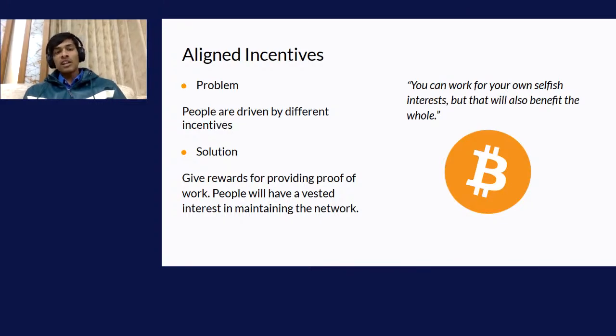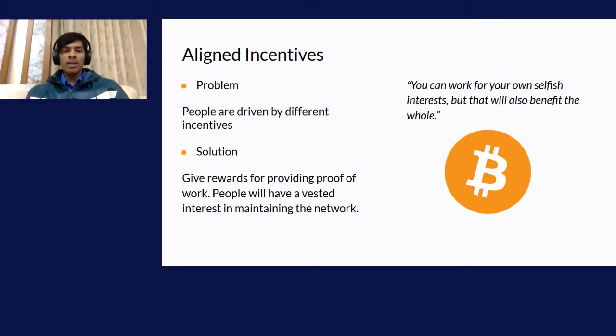But the incentives are aligned in such a manner that even though I'm trying to do this, it helps the network live. So when I'm mining a new block, I get my reward. I don't care about anything else. But what actually happens is I add a block to the chain, which is what everyone wants. So it's good for the network. The incentives are aligned in such a manner that even though I'm trying to maximize my payout, in the end I end up maintaining that network. So this is giving people real skin in the game.